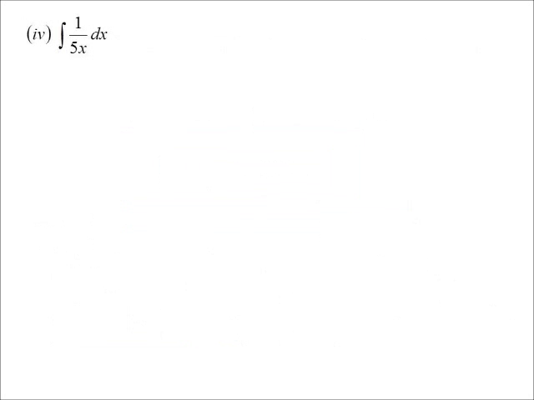This is an interesting one, because you've got 1 on 5x. Now we can do this one 2 ways. I could say, well, look, I want to create the derivative on top, so that would be 5, but then I'll need to multiply it by 1/5 out the front to balance it out. So it'll become 1/5 of log 5x,